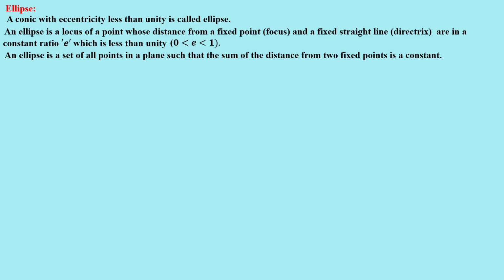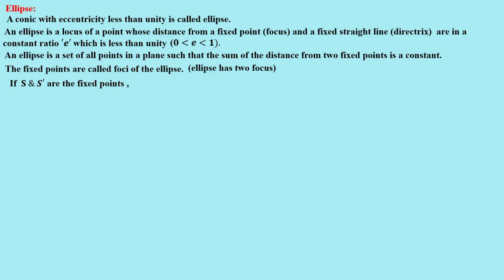An ellipse is a set of all points in a plane such that the sum of the distances from two fixed points is a constant. The fixed points are called foci, plural, right? Focus, foci of the ellipse. An ellipse has two foci, right? So if S and S dash are the fixed points,